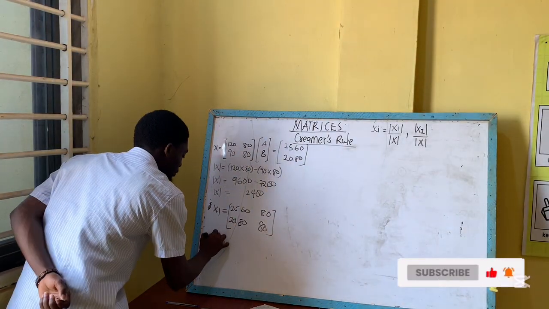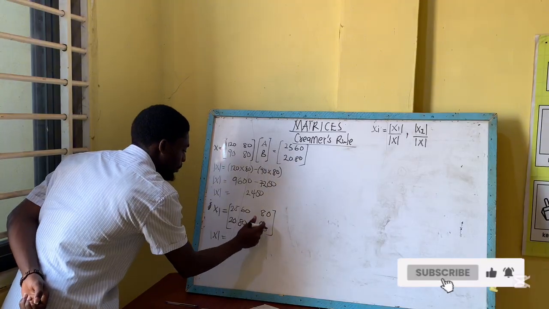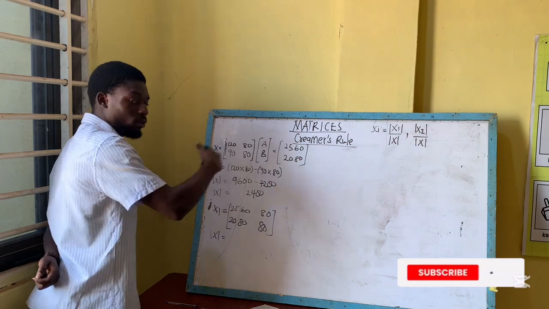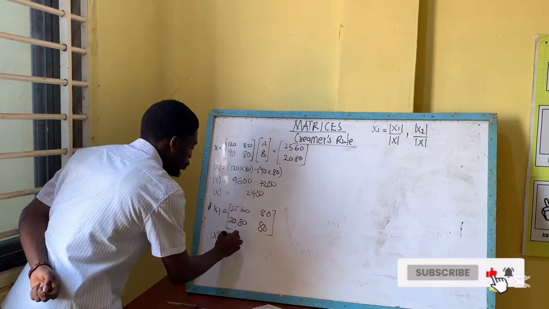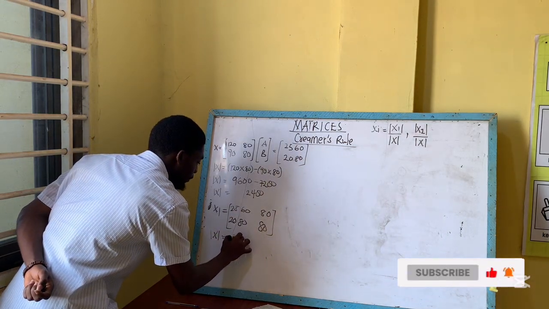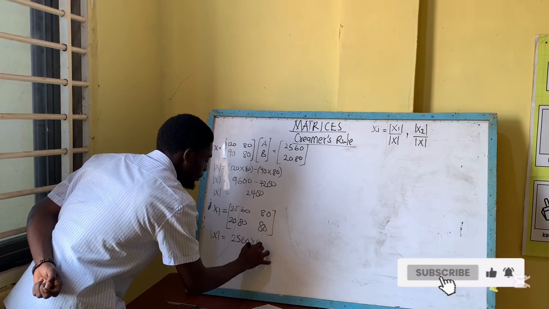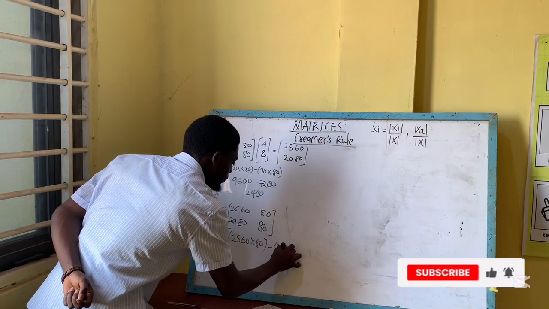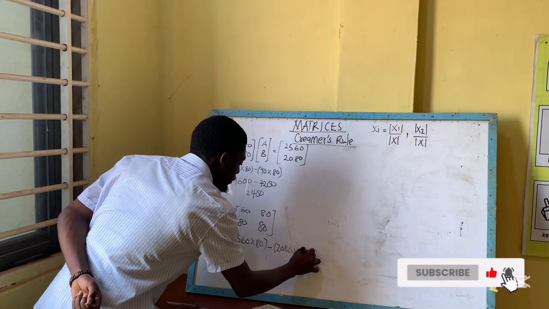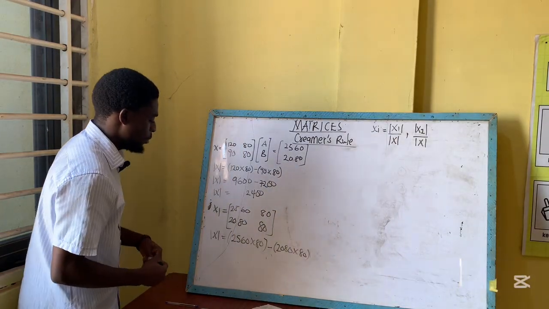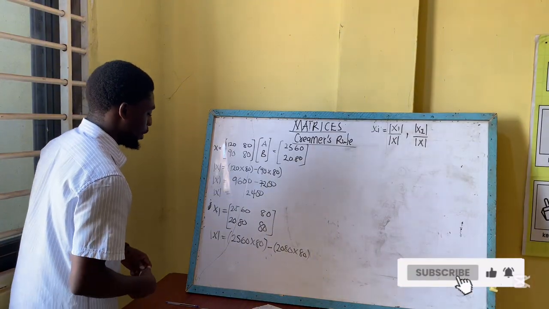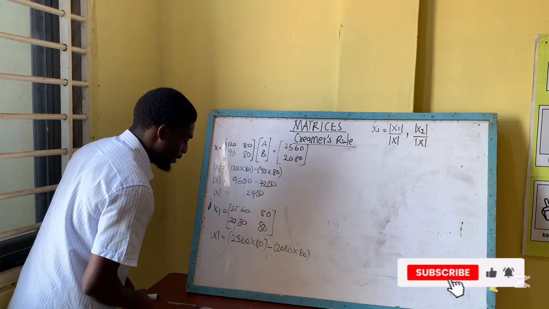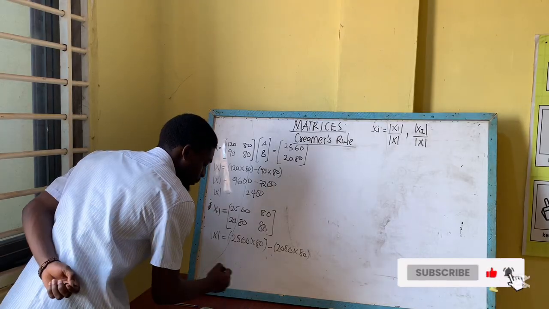So the determinant of matrix X1 equals: you multiply the principal diagonal, then you subtract the other diagonal from the principal diagonal. So the principal diagonal gives us 2,560 multiplied by 80, minus 2,080 multiplied by 80. Now, pardon me for the values. The values are too huge, but we have to go by it that way. So 2,560 times 80 will give us